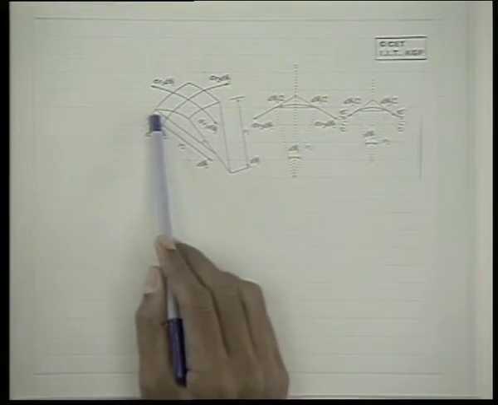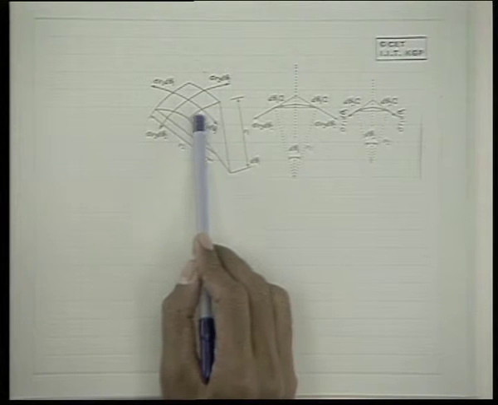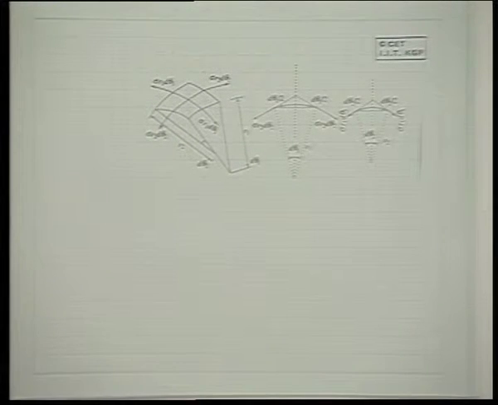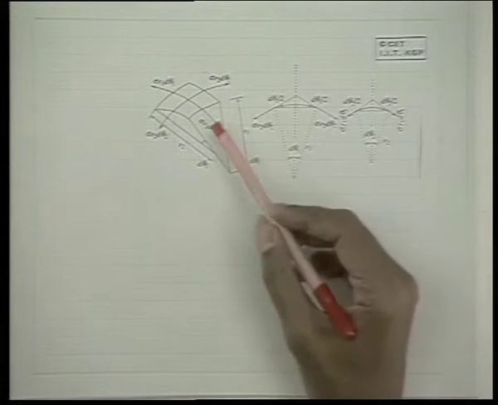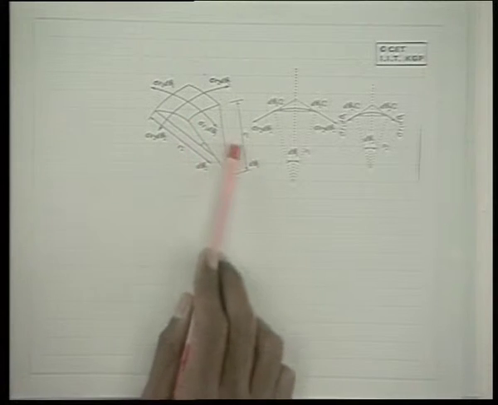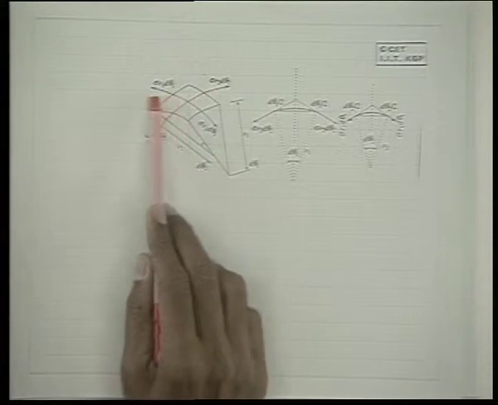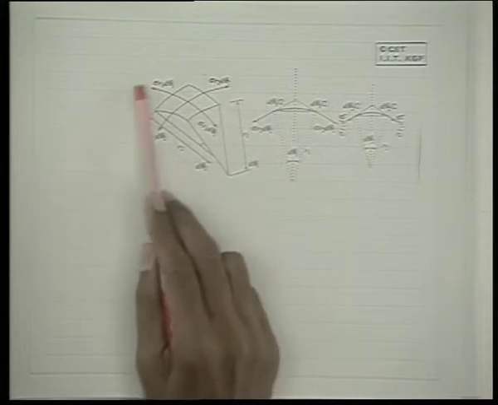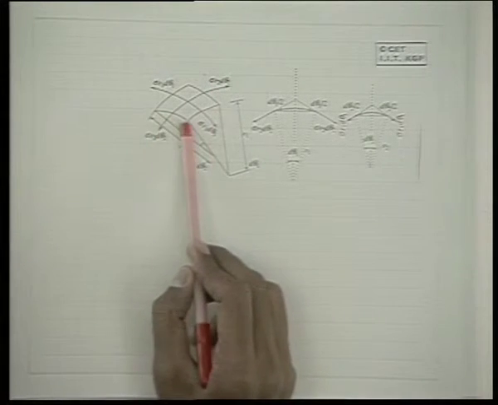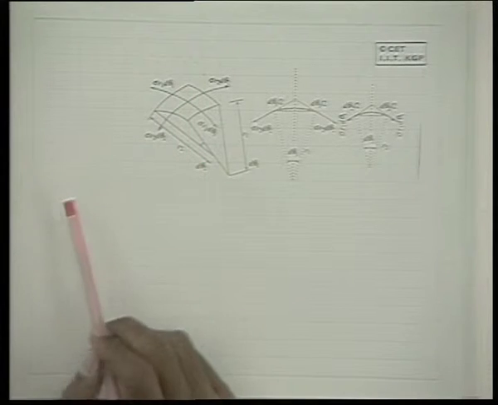Now let us see this here. This is an elemental curved liquid surface which separates the bulk of the liquid on its concave side. That means this side is the bulk of the liquid and this is the convex side, this side is the air, or any immiscible fluid, any gas. So this is a small curved elemental liquid surface.